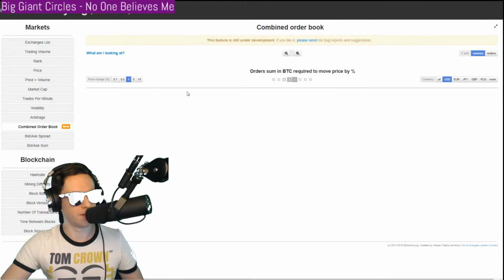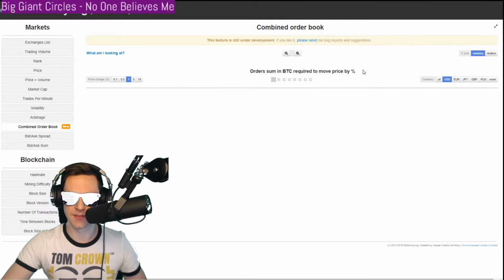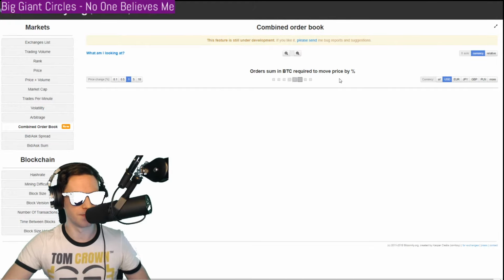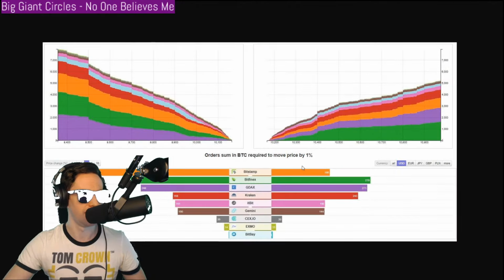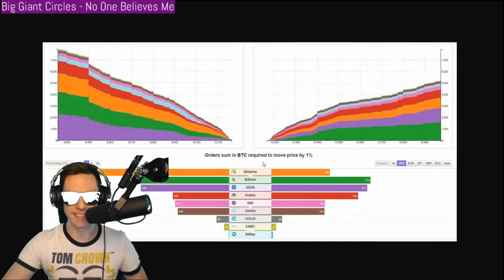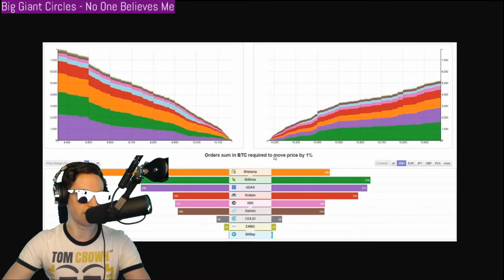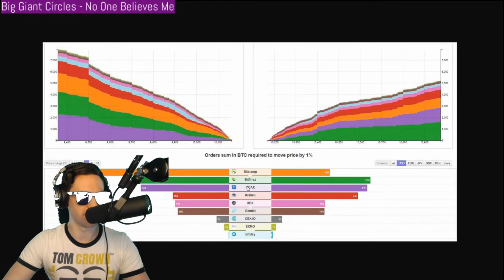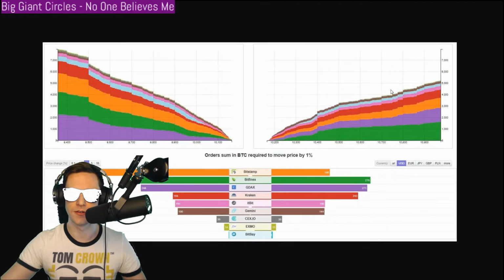But when it does load, what it does is it combines the order book data from multiple exchanges, pretty much all of the heavily frequented ones, and it will look something like this. Using this with Tensor Charts, I think, would be probably the only way to even attempt to trade at the order book, or based on the order book. As you can see here: Bitstamp, Bitfinex, GDAX, meaning Coinbase Pro, Kraken, Itbit, I've never heard of, Gemini. So what it does when that site is loading is it takes all of the order books that we looked at and more, and it piles them up to show a more holistic